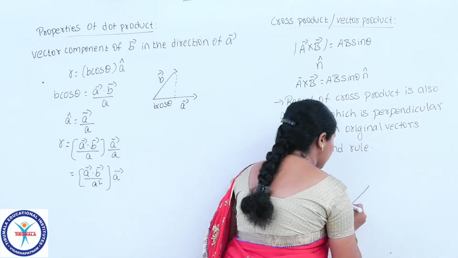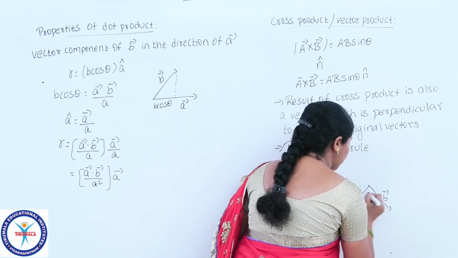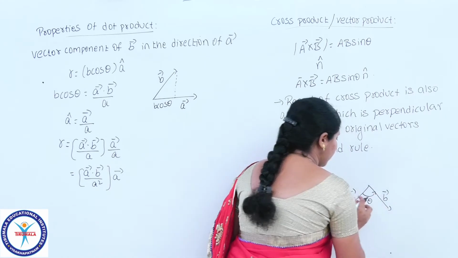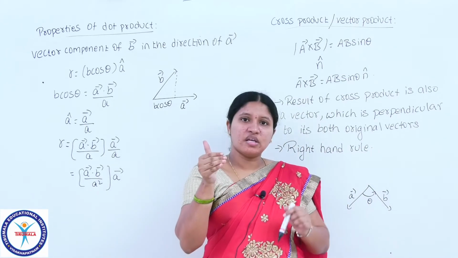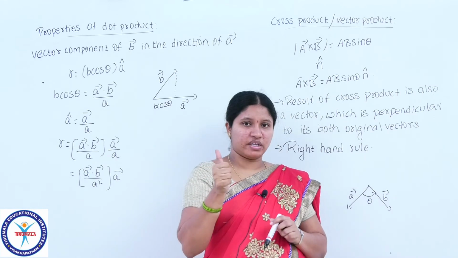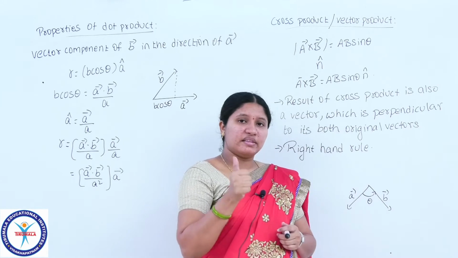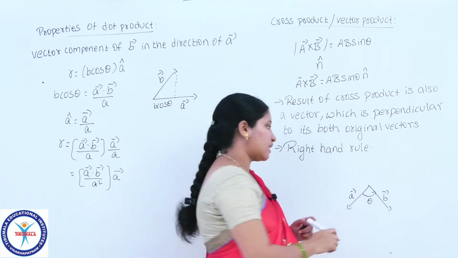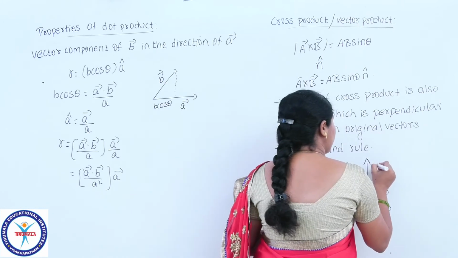So suppose if this is a bar vector and this is b bar vector and we are rotating from a bar to b bar, that is we are curling our fingers from first vector to second vector by making a smaller angle between them, then the thumb indicates the direction of a bar cross b bar,